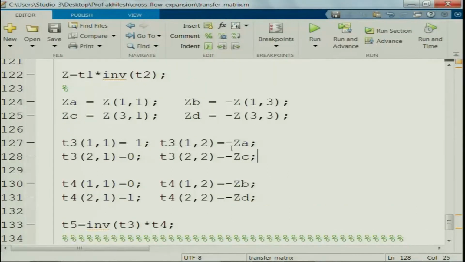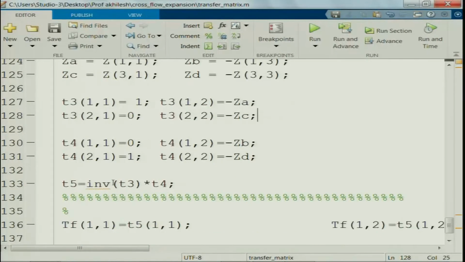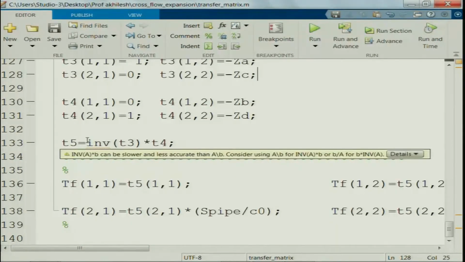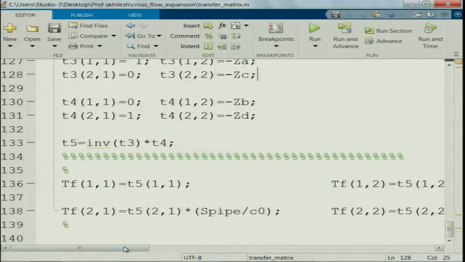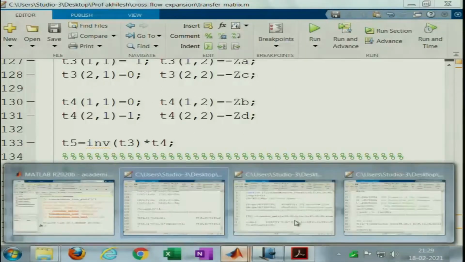Now, you get these things. So, these are all conversions of the impedance matrix into transfer matrix. We need not do that when we come at a later stage of the course, maybe next week or so, but for now I am just trying to write down a piece of code which essentially transforms the impedance matrix parameters into transfer matrix parameters, P 1 and rho naught C naught U 1, and then we get this kind of a thing. Okay. So, now I am good to go, I am good to run the code.